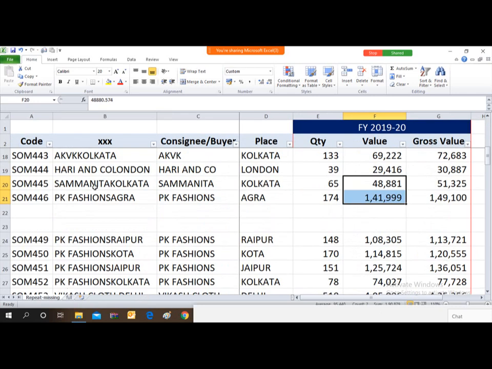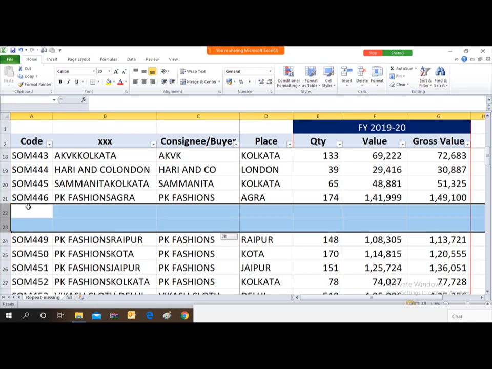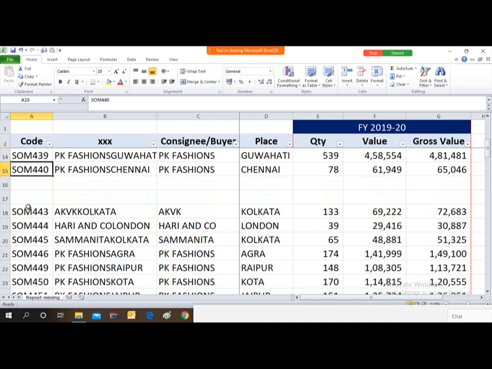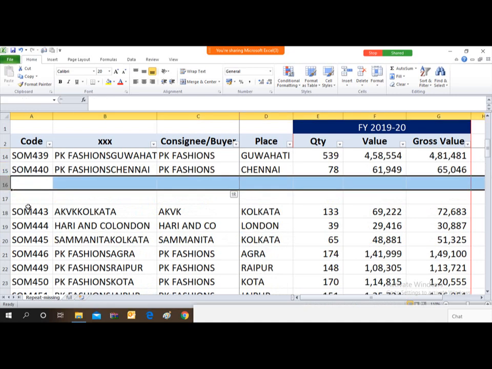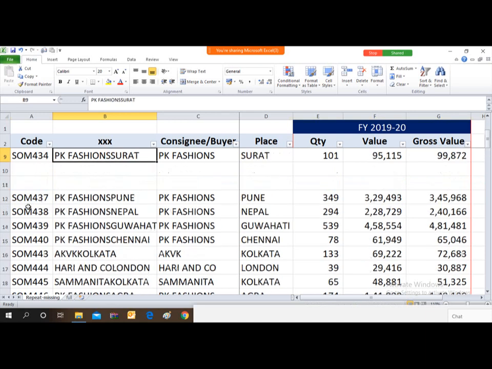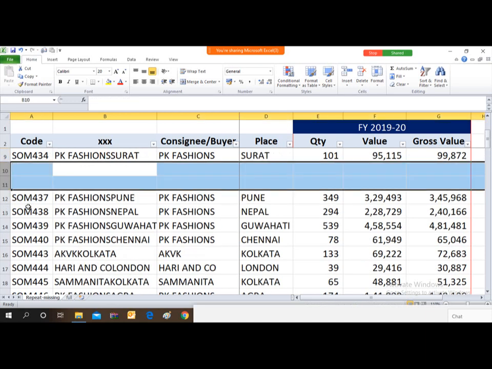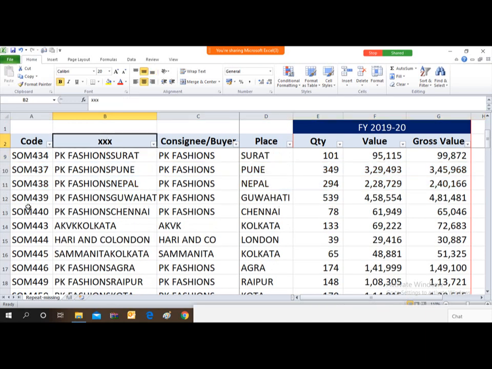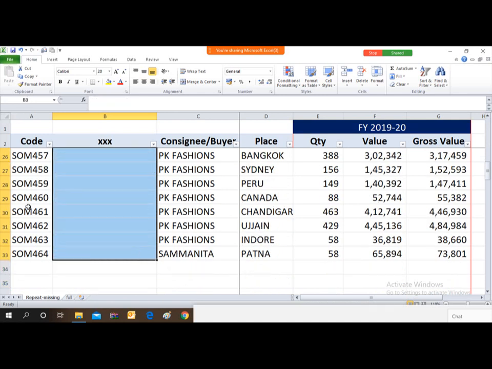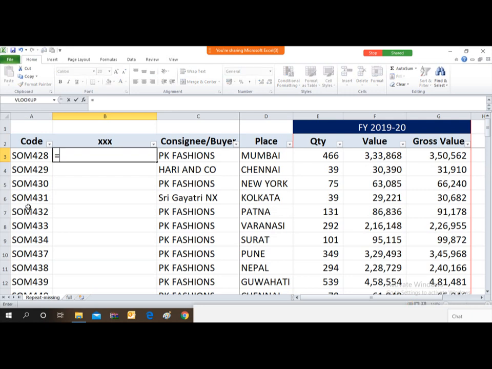So friends, here I have to again combine these two cells into one cell. So PK Fashion and then Mumbai. So this into this.